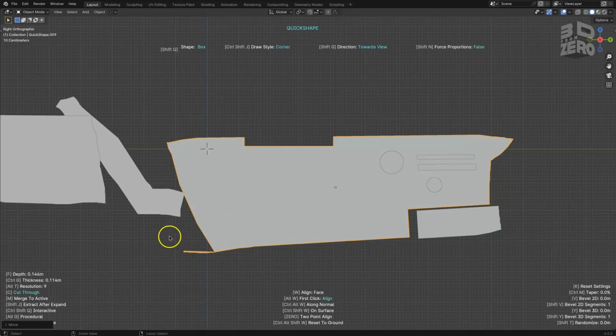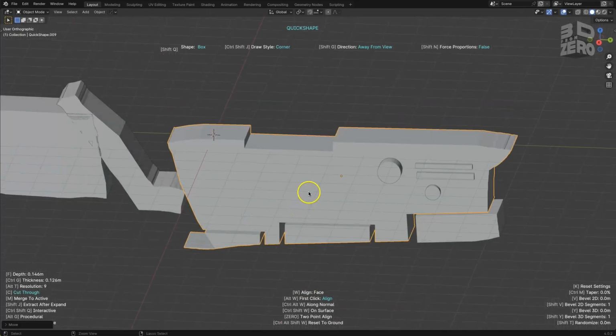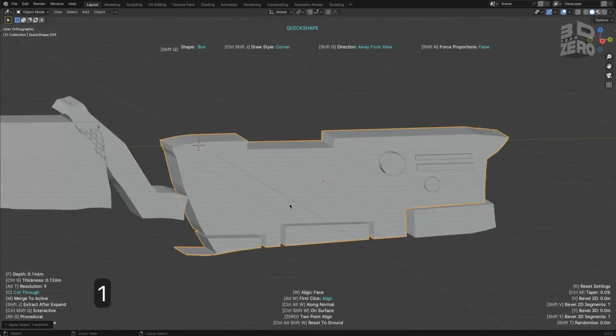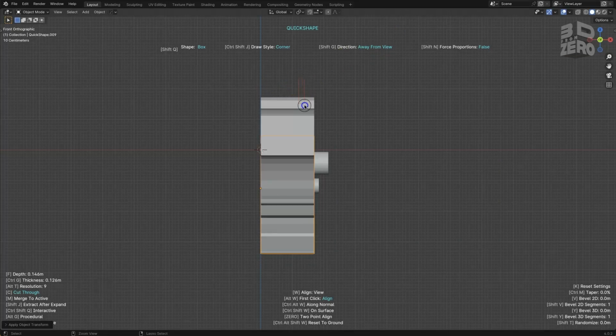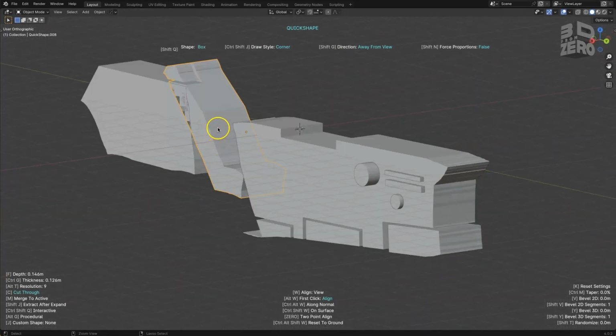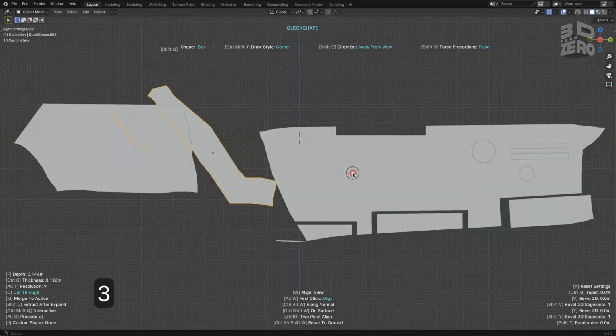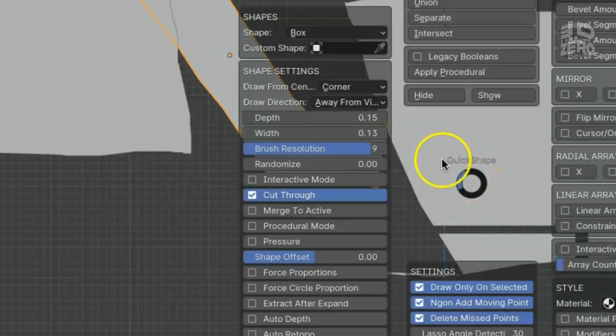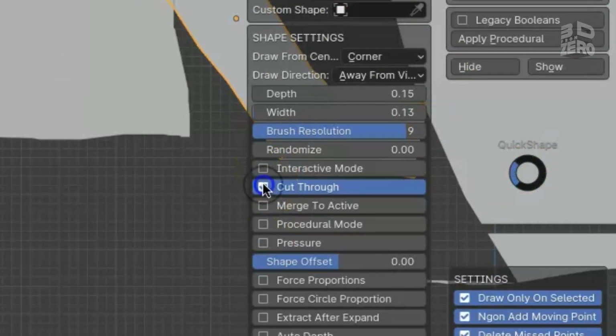And when I hold Ctrl to erase, instead of taking the whole chunk out like I did before, now we're just left with this narrow slot that's been removed. In all these examples, I've been cutting right through the model, and we can switch this setting off again in the Ctrl-D pie menu, cut through,